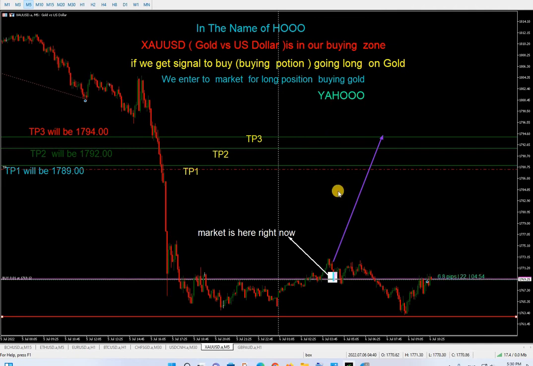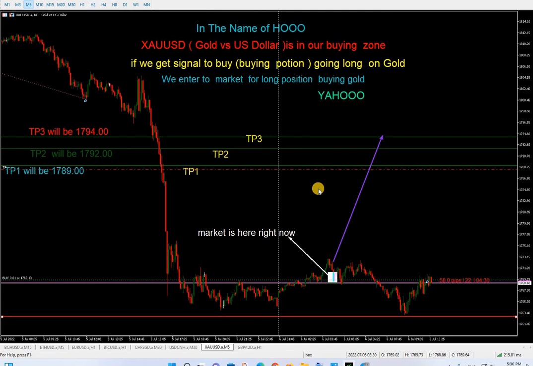Someone would say, okay, if it's resistance it has to bounce back. No, these are different resistance and different support. We call them hidden resistance and hidden support. As a matter of fact, those levels have a gravity power to pull the market towards them, because there are so many pending orders sitting here, and these are the market makers' levels where they are looking to buy or to sell or get out of the trade. Therefore, we found them in the past. We call them hidden support and resistance.